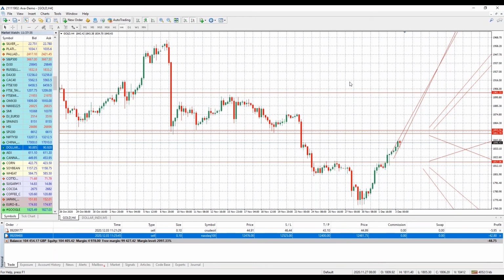4 pending orders. Buy limit, sell limit. This is for ranging movements. The buy limit, sell limit, you could prepare them right now for ranging movements, in case it's just a boring news day today. If it's a boring news day, likely gold will hit the resistance and drop. Then it'll hit the support and come up. It'll range. So you could win on your sell limit, your buy limit.